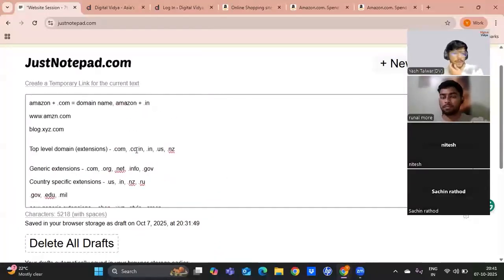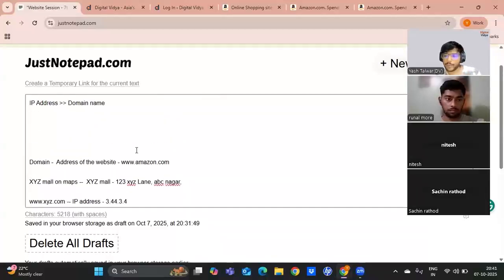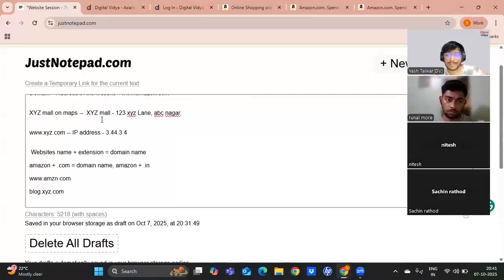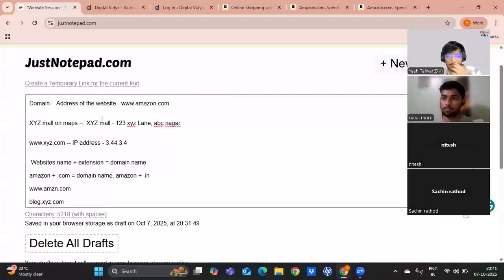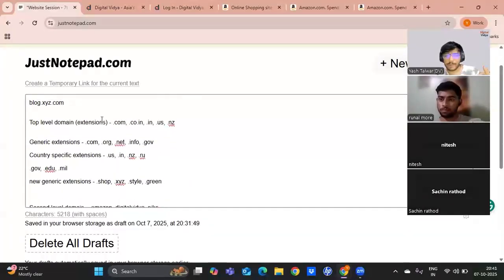Now, there are a few other things that we will come back to sooner or later, right? But for now, this is what a domain name is, and these are all of the parts of a domain name. I'll just quickly go back and revisit that. There are three parts of a domain name. There is a top level domain, which is the rightmost part, .com, .co, .in, all of these.